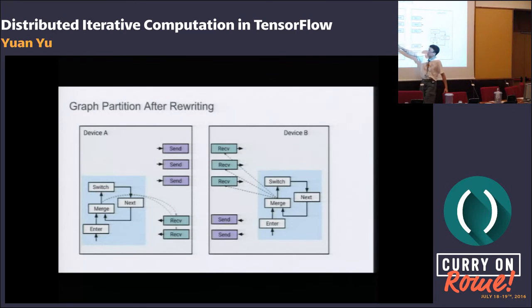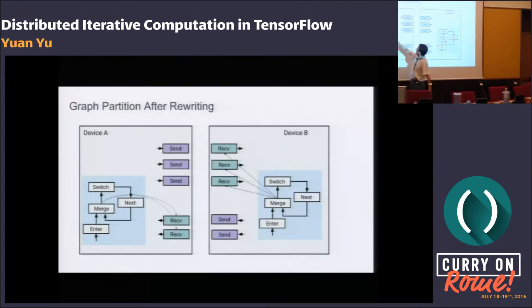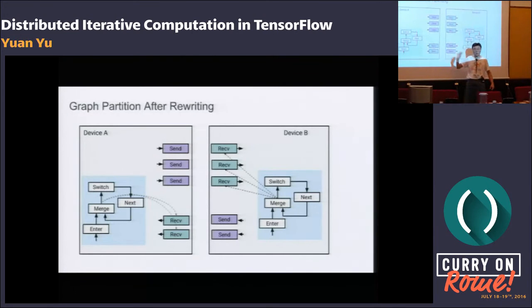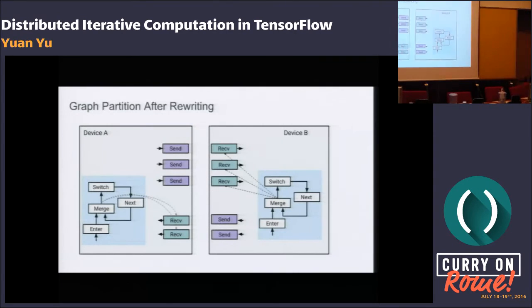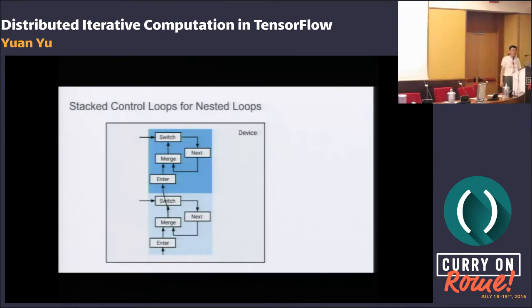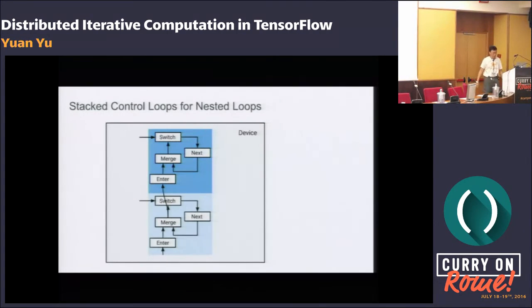On device A, we also have a little state machine that controls all the receives. What happens if there are nested loops? We just stack the two little state machines together, and that gives you the state machine that controls nested loops.